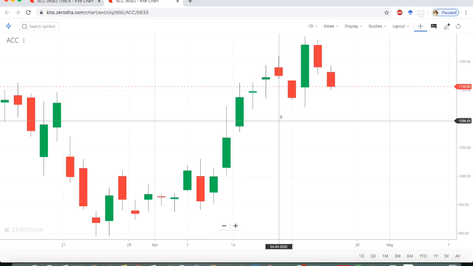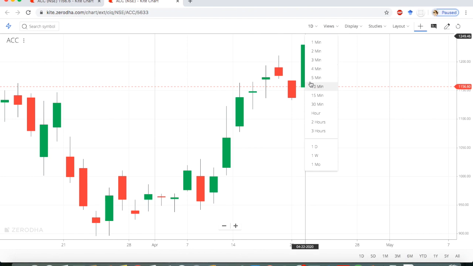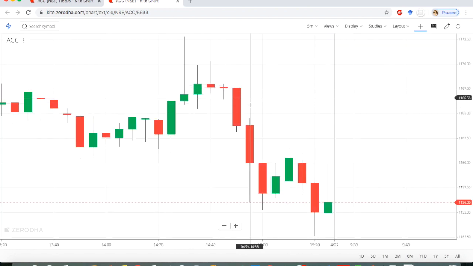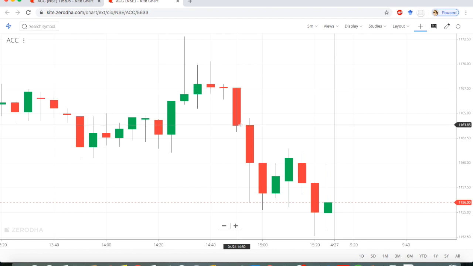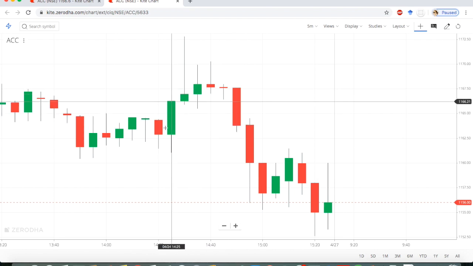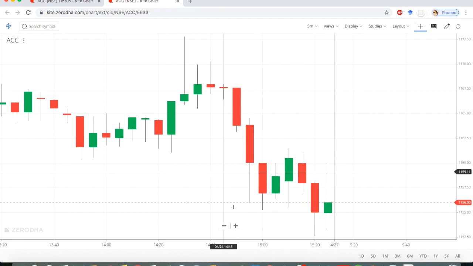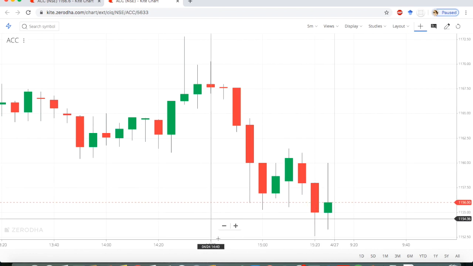In a different interval, I can even select 5 minutes here, so it will present a 5-minute candle. That is the close, that is the open. This is a 5-minute candle that formed from 2:25 to 2:30. This is the open price, then low, then mid, high, and the close is equal to the high also. Clear? So that's a candlestick chart.